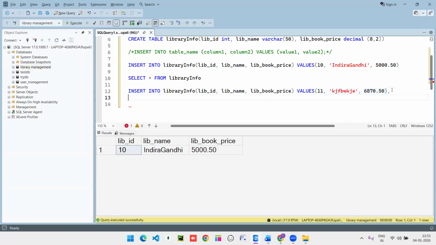If you want to add more details, then you can go with the insert and change this to 12, like Sahiti library, and maximum books available, this kind of thing. And again create 13, Subhas, and